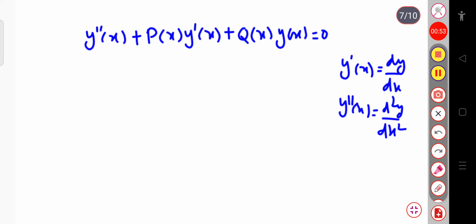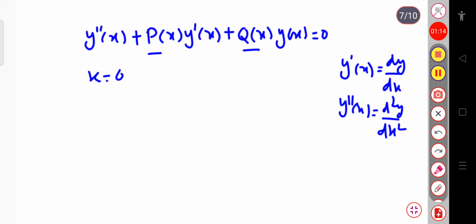Okay, and here if the point x equal to 0 is either an ordinary point or a regular singular point in p of x and q of x, the Frobenius series solution method can be used. And basically here we will assume a solution in the form of an extended power series,